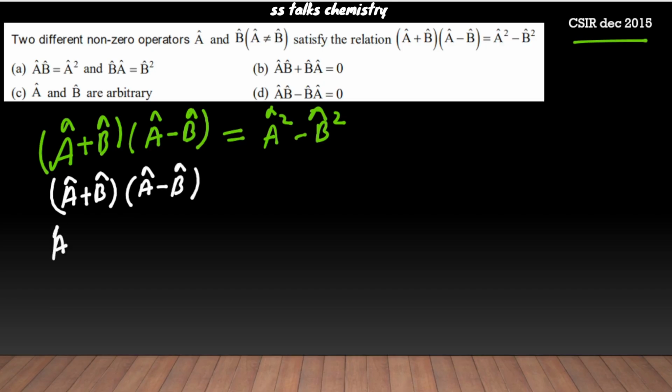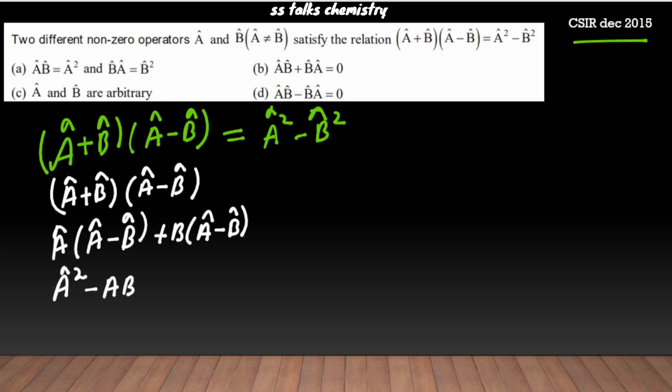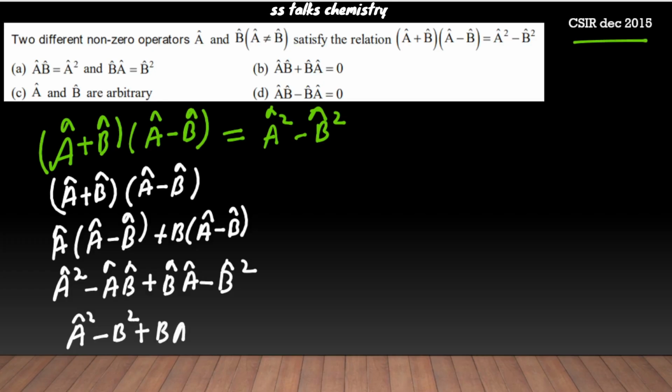Open this. So A into (A - B) plus B into (A - B). This will become A operator squared minus A operator into B operator plus B operator into A operator minus B operator squared. That means A square minus B square plus BA minus AB, right? So this will be equal to A square minus B square only if